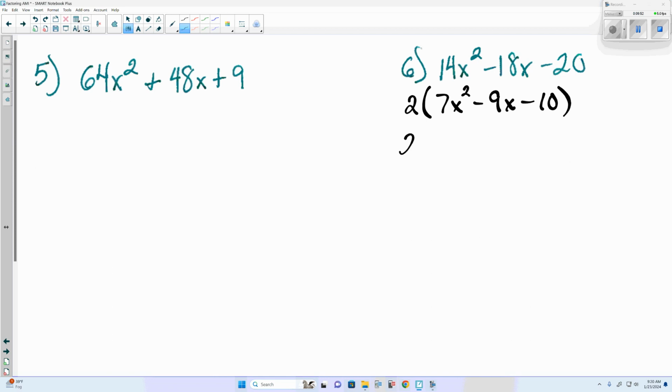Now, at this point here, we can look back at 7x squared minus 9x minus 10 and see if there is another greatest common factor, and there's not one here. Because sometimes it might be hard to see what the greatest common factor is, but if there's one that we do see, factor it out, and then see what's left, and if there's another one, factor it out again. Because if we factor out more than one, we take those and multiply them together to get what the true greatest common factor is. But since there's not one,